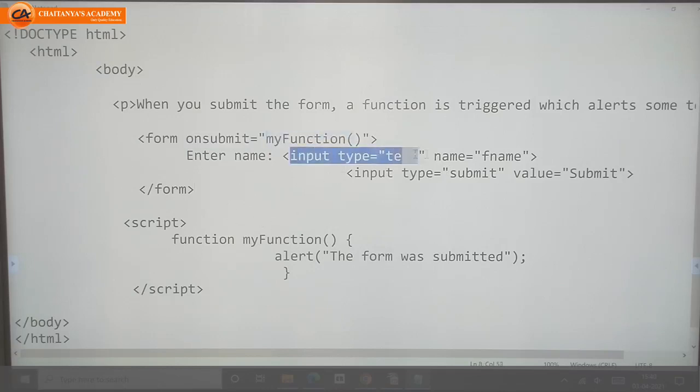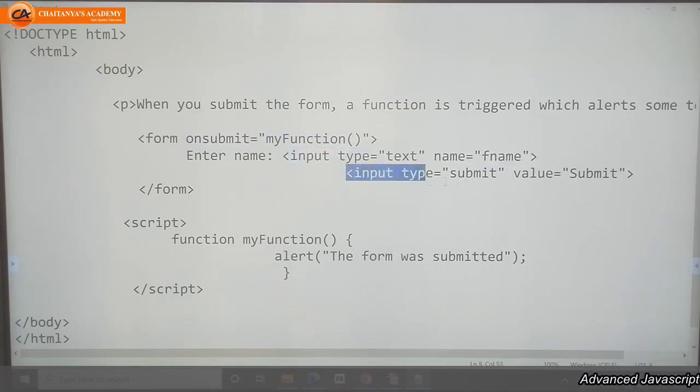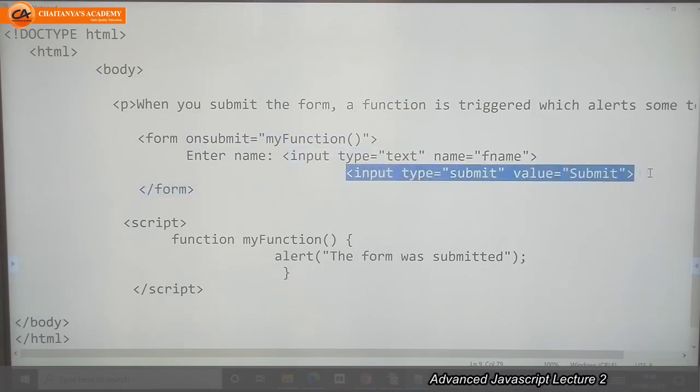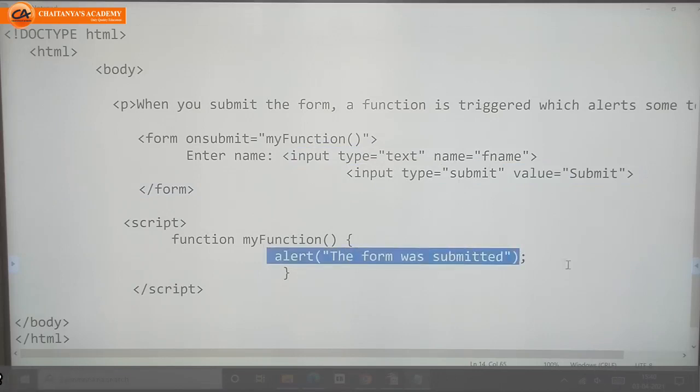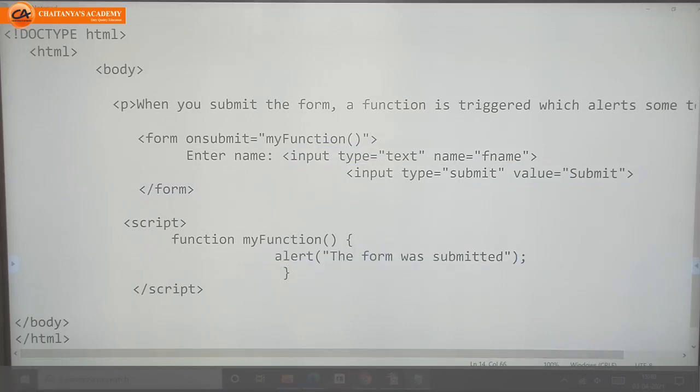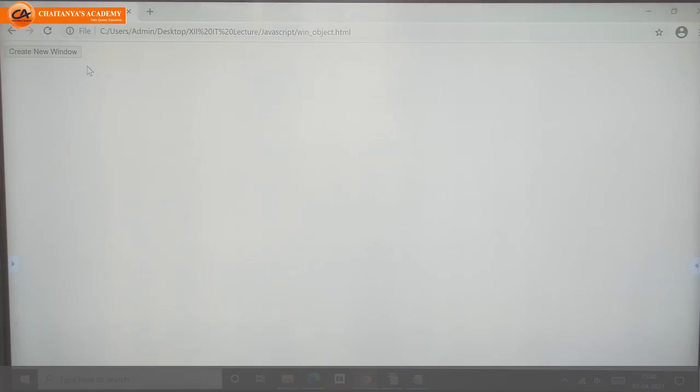So this is the line of code to display the text box. This is the line of code to display one button with type submit, and whenever I click on that button, I want to pop up one message that the form was submitted. Then we'll check the output here.